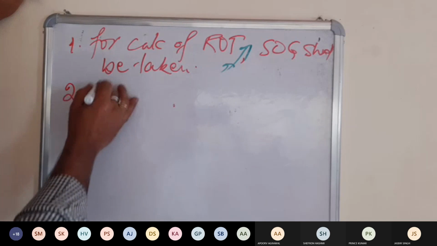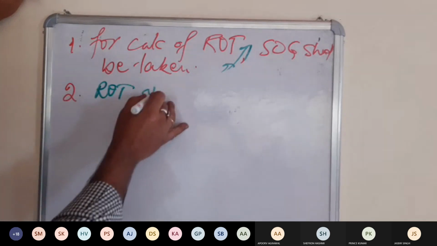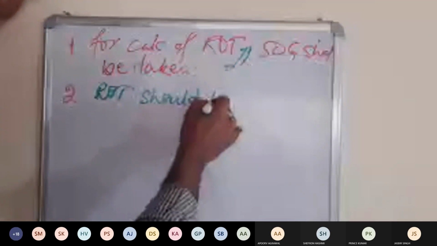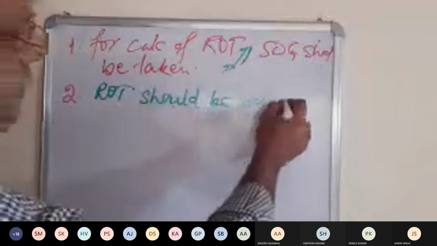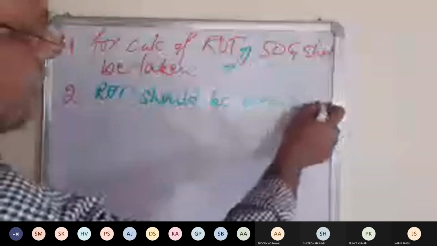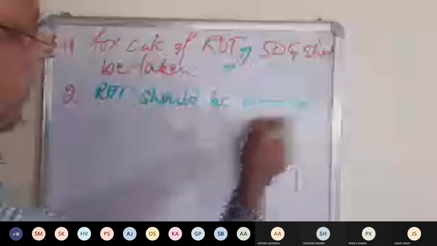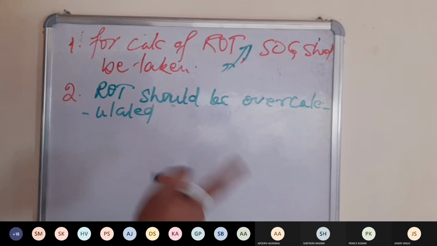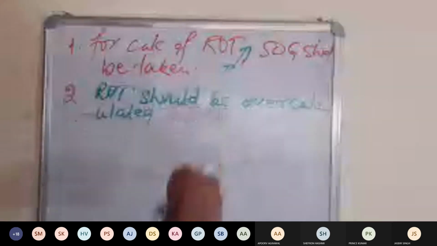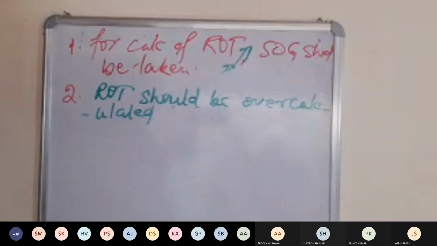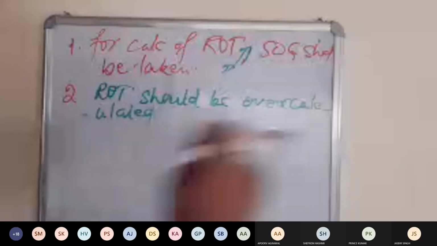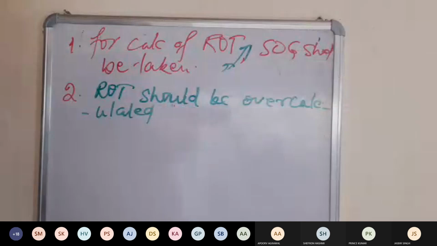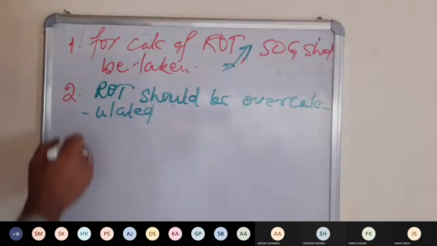So second point is that ROT should be over calculated. It should be over calculated rather than under calculated. कम नहीं कैलकुलेट करना है, जितना दिख रहा है उससे थोड़ा सा ज्यादा ही रखिए ROT। अगर भीतर चले गए तो बाहर ले जाना जहाज को आसान होगा।